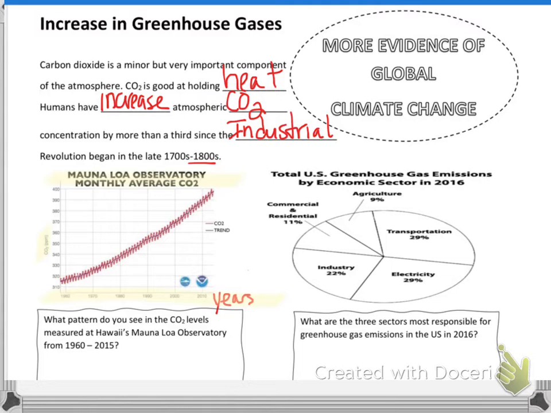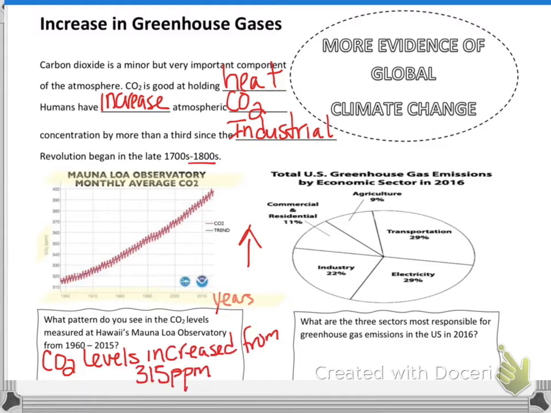So you can see the red line is the carbon dioxide, and then there's a blue line that's underneath that. That's harder to see, but it says trend. So it's showing you there is an upward trend. We will come back to the other one in a second. So CO2 levels increased from 315 ppm, which is parts per million, to 400 ppm over those years from 1960 to 2015. All right, and then